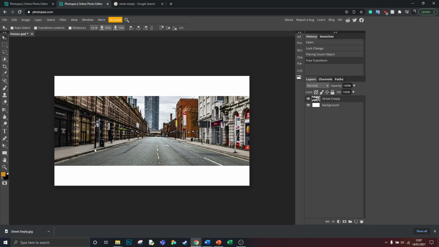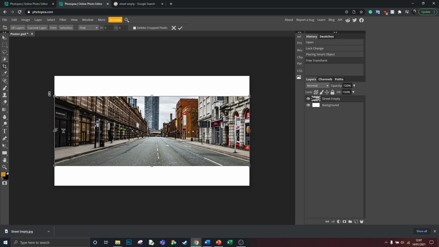At the moment, we've got our background image with this white border. However, I don't want this white border. To get rid of this, I could use what is called the crop tool. Again, we can right click on this to see the different options, but at the moment we're going to use the crop tool. So what we can do is click on this, and you can see here my cursor has changed into a little plus symbol. So what I'm going to do is drag over my image,